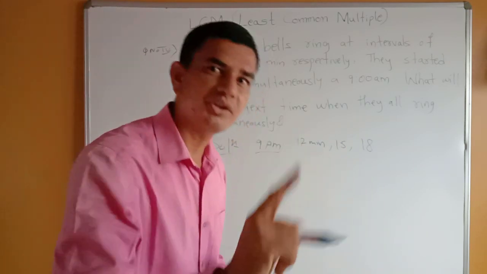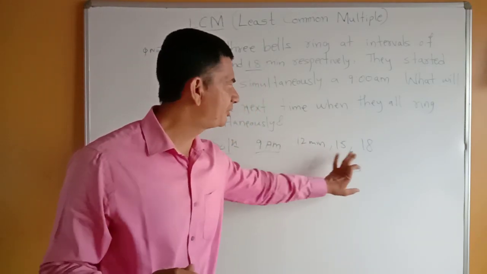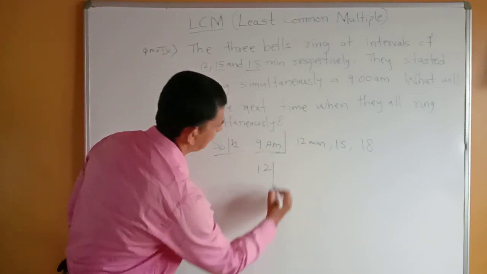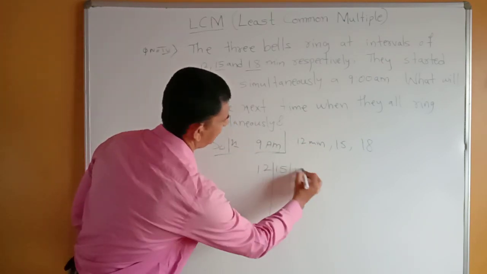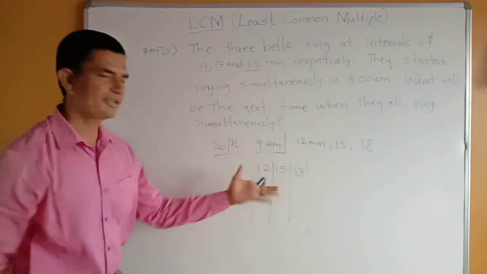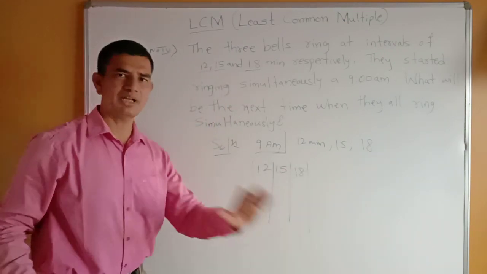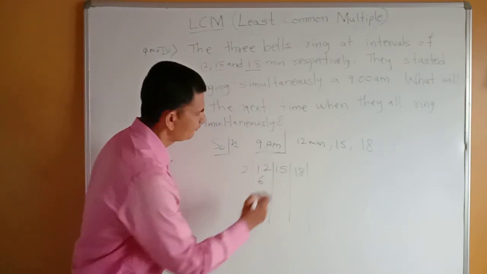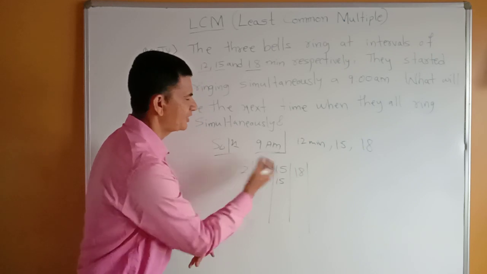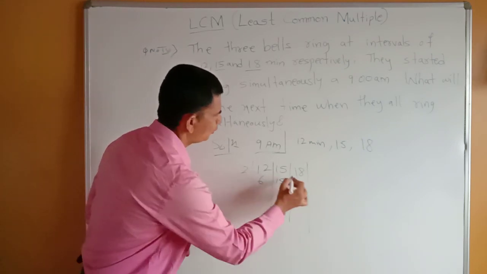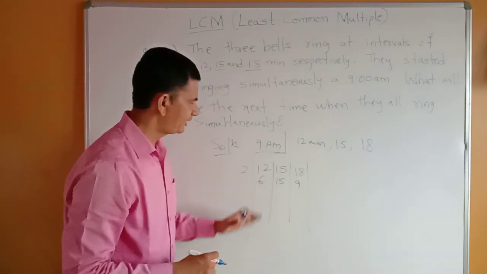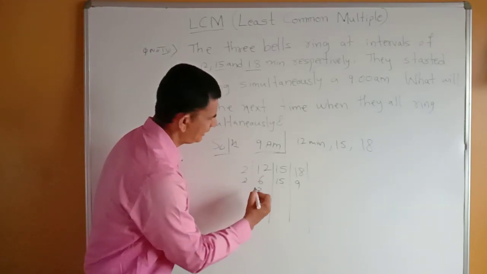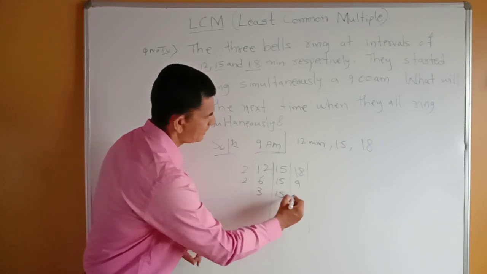First, we have to find out the LCM of this 12, 15 and 18. Don't include here 9. We have to find out the LCM of 12, 15 and 18. So this is very simple, you can do. After this, one more step is there. I will explain how you can do this one. Here, 2 sixes are 12, 15 as it is, and 2 nines are 18. Again, is there any number in the 2 table? It is there. 2 threes are 6, 15 as it is, 9 as it is.